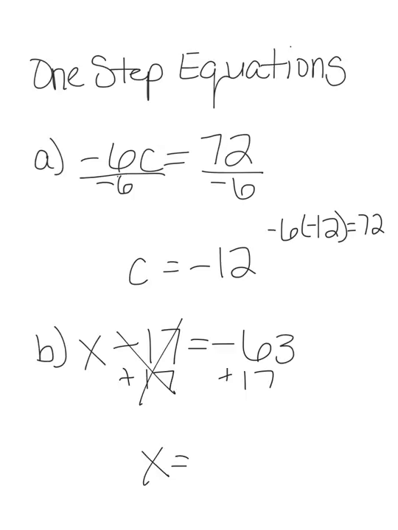And now I have negative 63 plus 17. And I see that there are more negatives than positives. And then I just take the difference of the two values. So 63 minus 17 is 46, negative 46. And again, just like with all of these equations, you can substitute your value for x